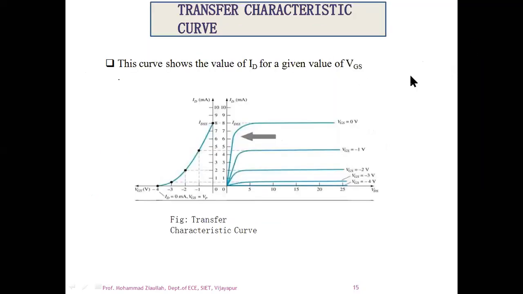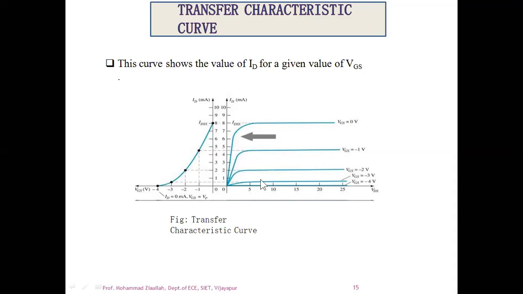Now coming to the transfer characteristics curve, this curve will explain the theory of operation. Whenever I increase the voltage beyond zero voltage, it should be in the negative direction, that is -1, -2, -3 and -4. You can see there is a gradual increase in the current and it becomes constant, but at zero voltage you have the maximum current.